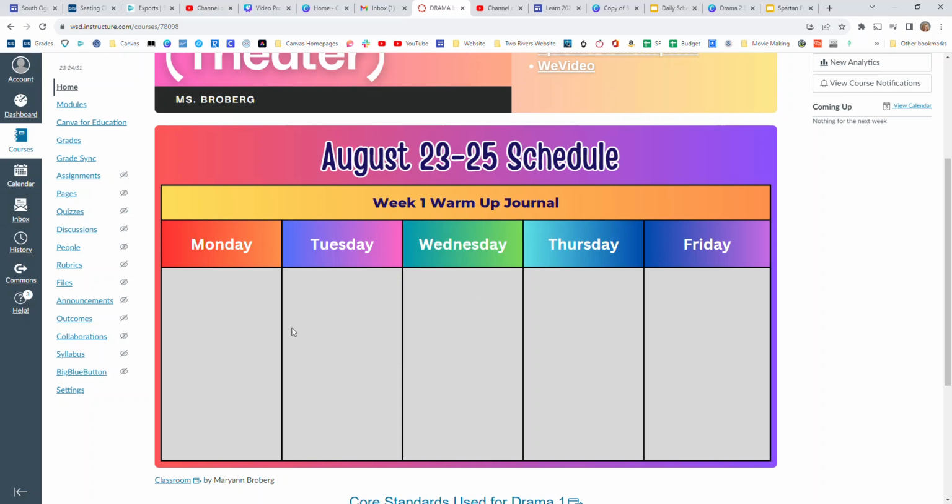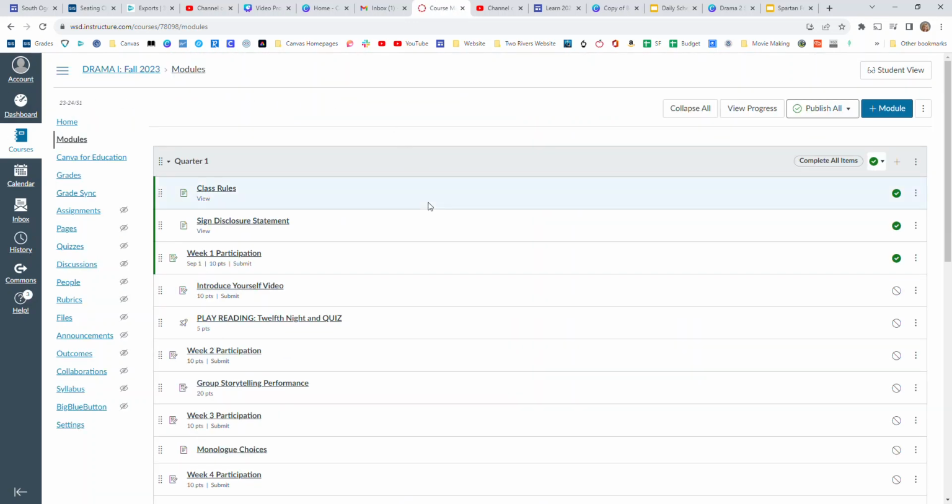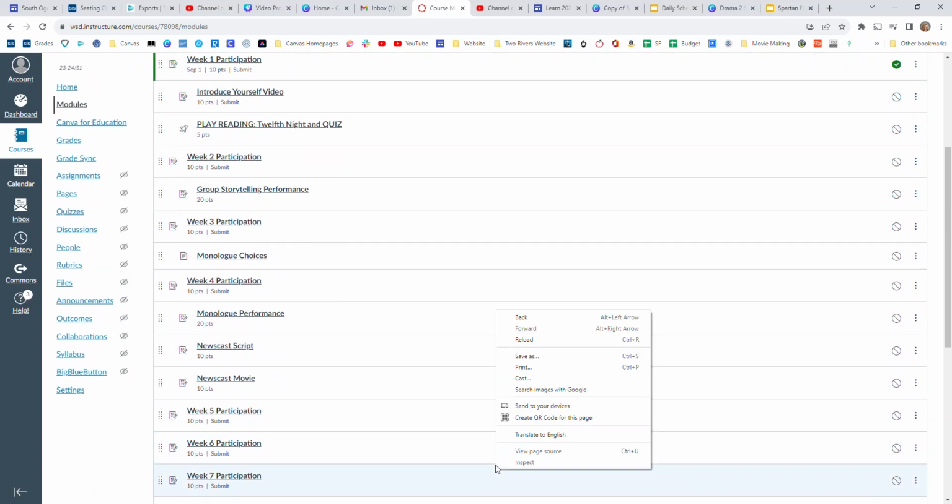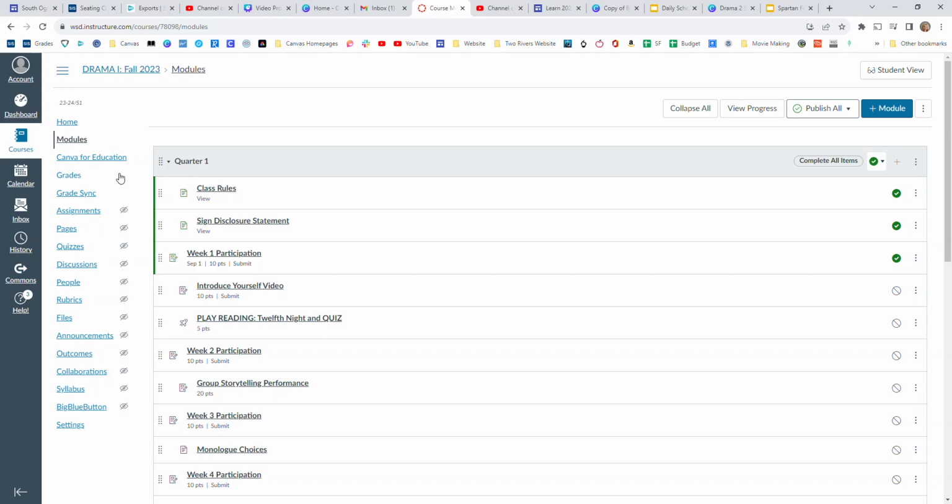But this keeps the kids on track, and the cool thing about it is that, if it's a specific assignment, they're not navigating to modules and then figuring out through here where they're supposed to go. They're just able to go straight to that assignment. And I still recommend making sure that your modules make sense and that they have a good flow, but it is nice. And since we didn't,